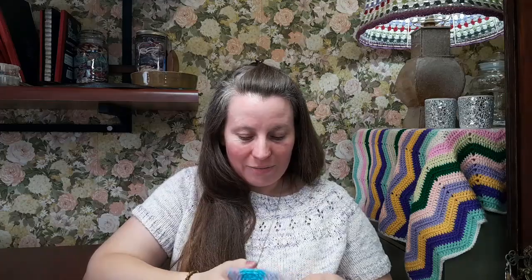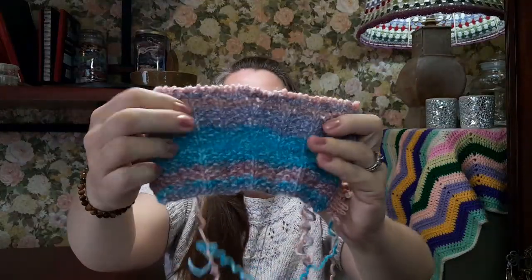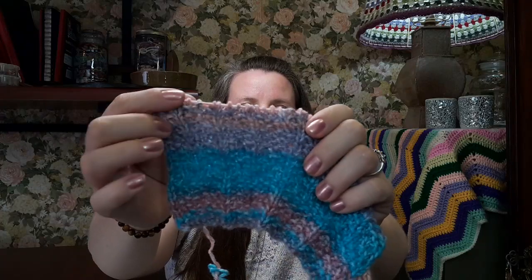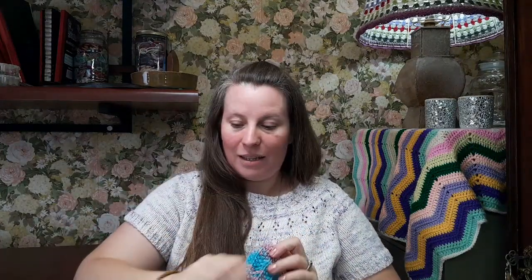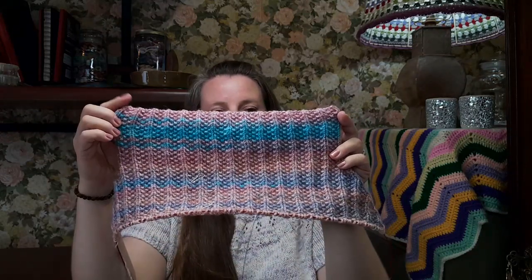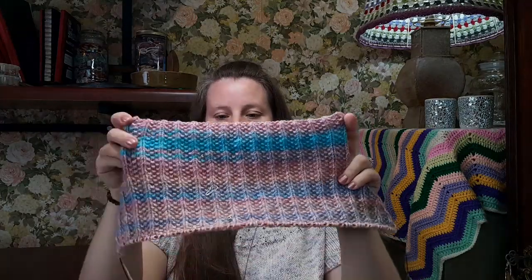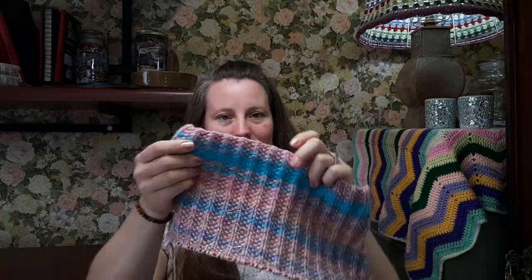So this is my little swatch that I made. The top part here, I decided not to go with the bottom part. I decided to stick with this. And this is what I have so far. So I started at the top here. It will have a collar. So this is just the back panel increasing towards the arms. And as you can see,